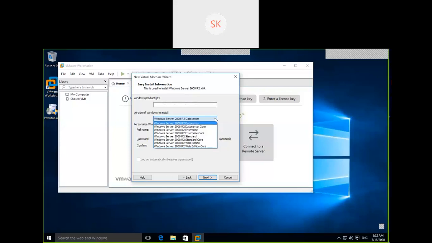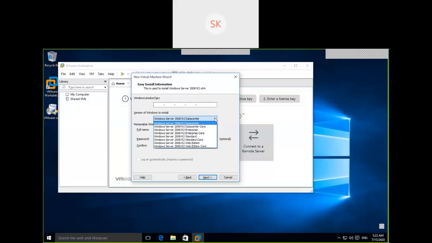What's the difference between these components? As soon as you install an operating system, by default, it loads with certain default features. If you select a core, what does it mean? Core is whatever specific feature or function that particular server is meant for.